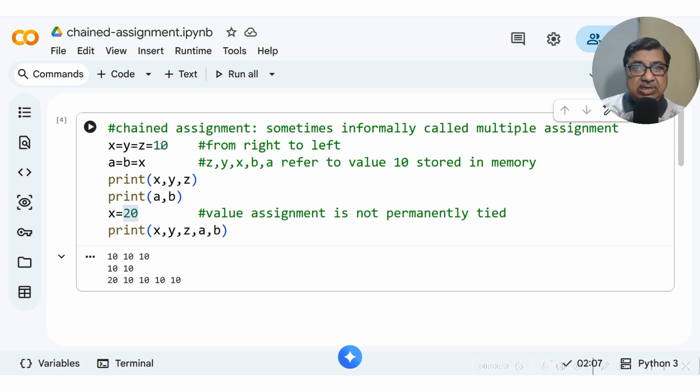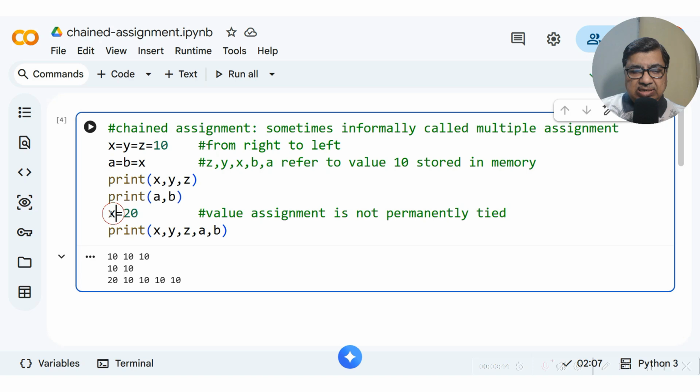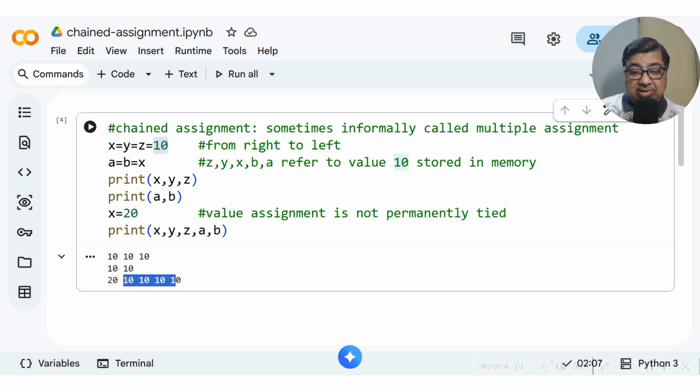So this concept is a little different from other programming languages. Other programming languages have a permanent label for every value. Here it is different: this label X has now become tied to 20, and it is no more a label of value 10. So if we print, the other labels which were put on value 10 remain the same.